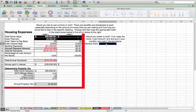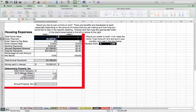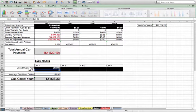If you're going to rent, let's say you find a place that's $1,000 per month, just type 1,000 in the box and make sure that you also delete what you have in your home cost, because you are not going to be paying for a home and rent unless you decide you want to have both properties. For cars, this is going to be total car value, so 25,000 might be the total amount that the